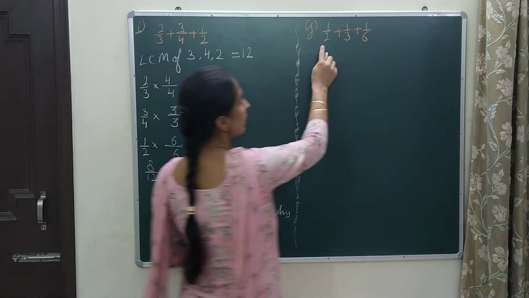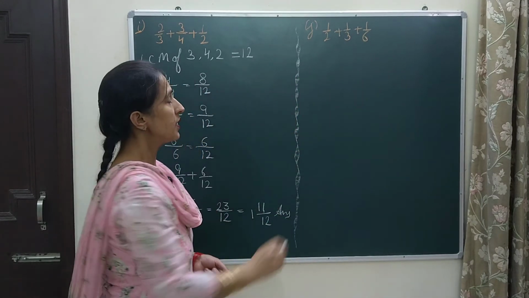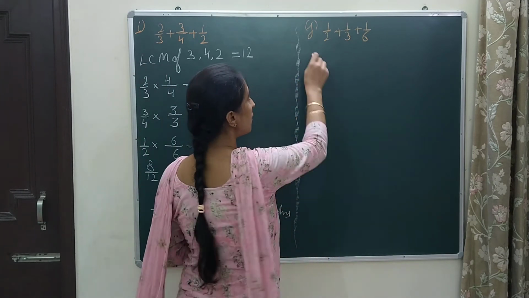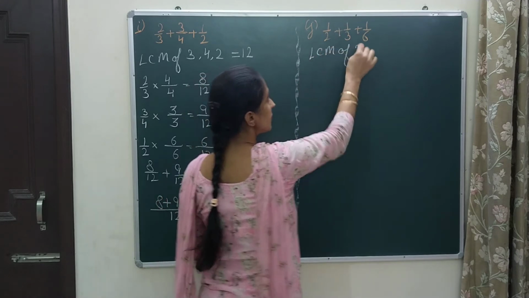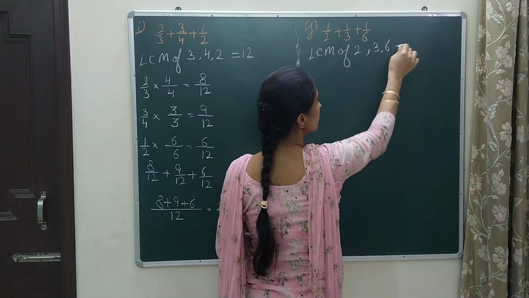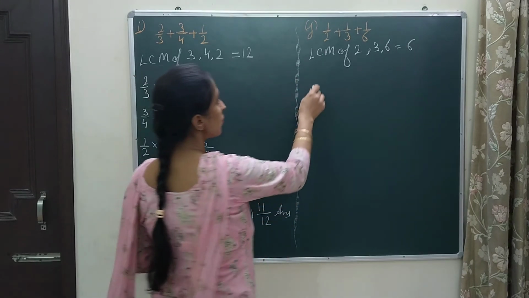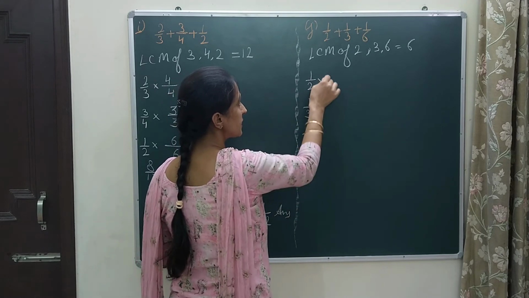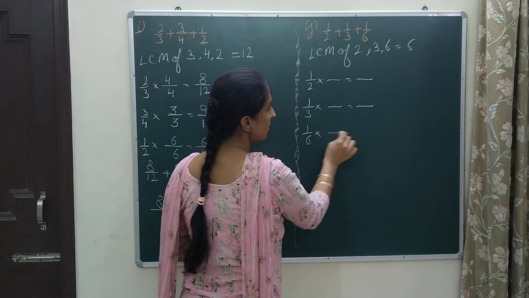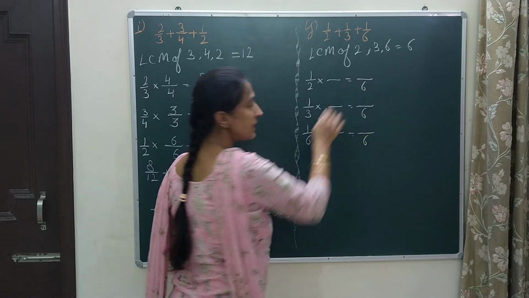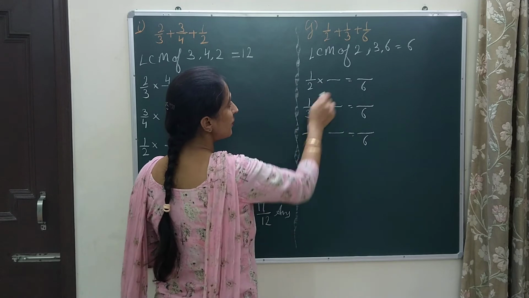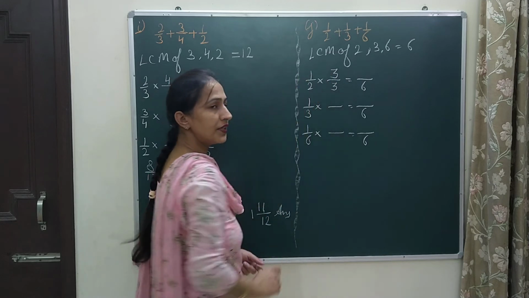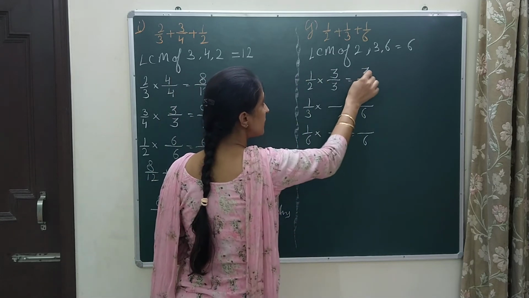Now as J part, it is 1 by 2, 1 by 3 and 1 by 6. We have 3 different fractions again with different denominators. Let us find the LCM of all these denominators, LCM of 2, 3 and 6, and that will be 6. So we will find equivalent fractions for 1 by 2, 1 by 3 and 1 by 6 now, and those equivalent fractions must have their denominators 6. Now for 6 to be the denominator, we will fill 3 here because 2 cross 3 is 6, and the same 3 we will write here in the numerator. Now 1 cross 3 is 3.